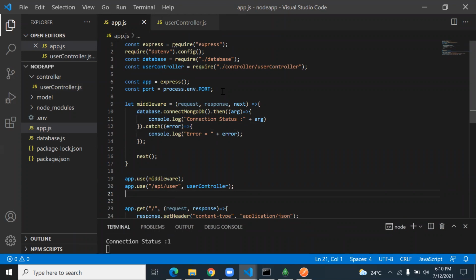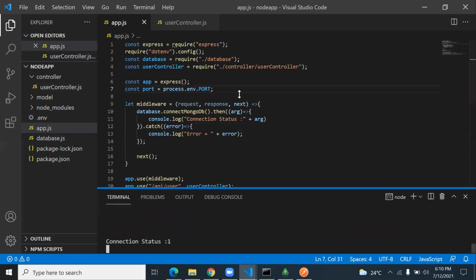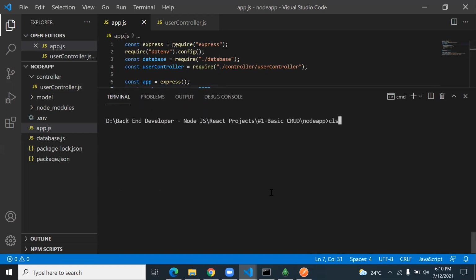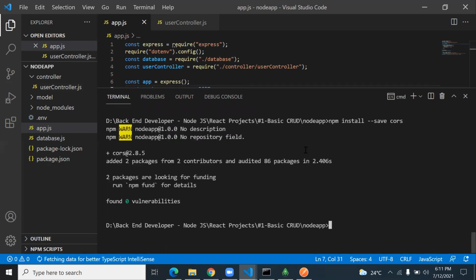To do this, you first need to install one library in the backend, called npm install cors. CORS is used to handle authenticated API requests, and it will only allow the specific front end.